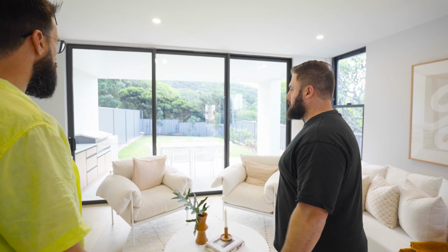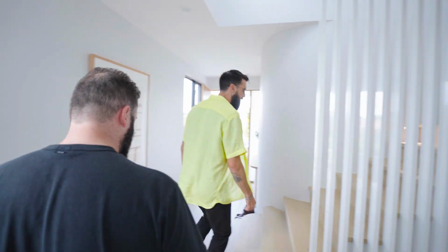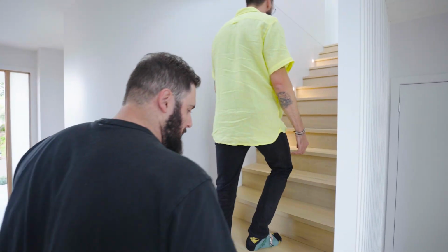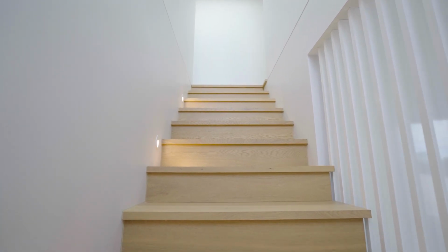So yeah, what's the point of taking on? There's no real point. If they ever wanted to put a pool in, they can. Good. Let's maybe have a look upstairs. Let's go upstairs, yeah. So all the flooring and the stair treads, they're all engineered oak, everywhere bar the